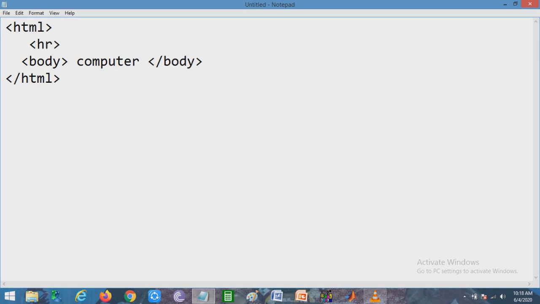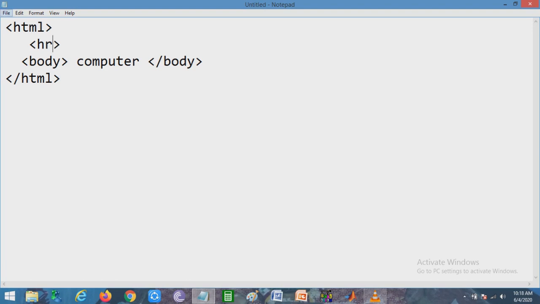So I have written html first, then HR to apply the horizontal rule, and then body. That means on the body we want to show you the word computer. Now we have completed the code.